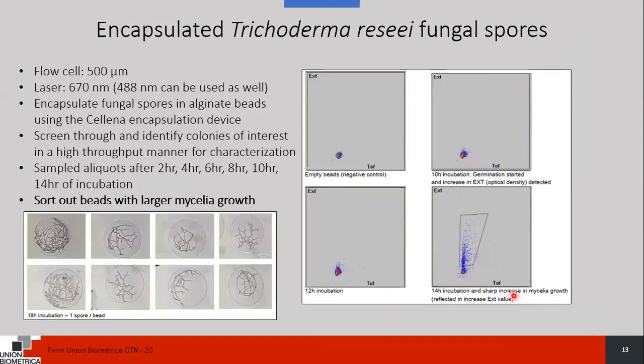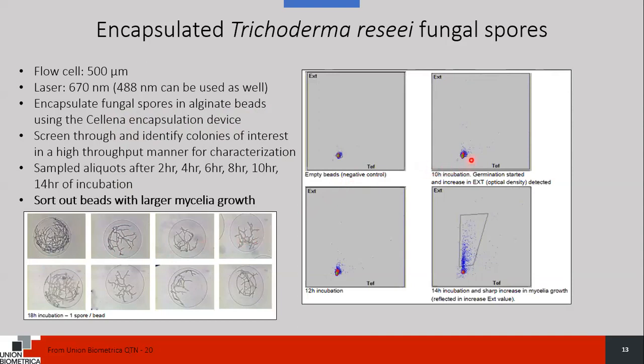The next example is another fungal example. Fungi are not plants, but it gives me an opportunity to give you an example with hydrogel particles. These are fungal spores that are encapsulated in alginate beads using an encapsulation device from Selena. And these spores form mycelia. And when we take a look at these hydrogel particles that have the mycelia growing within them over